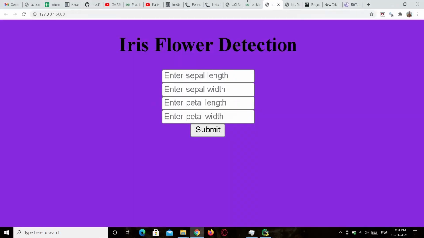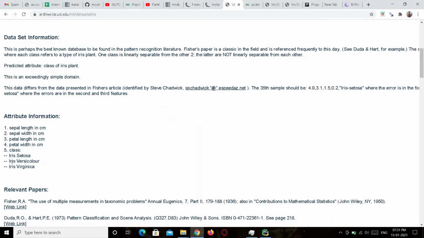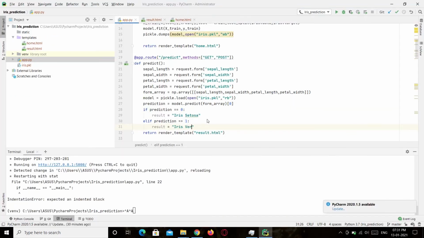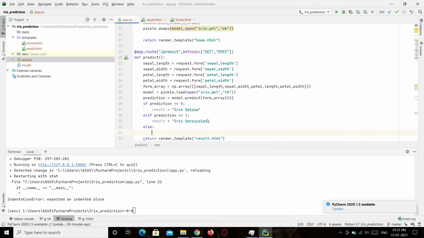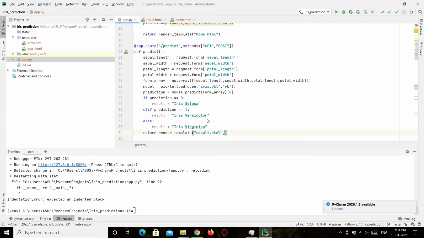We can see the classes iris versicolor and the iris virginica. We will be sending this result value as a parameter to the result.html page.